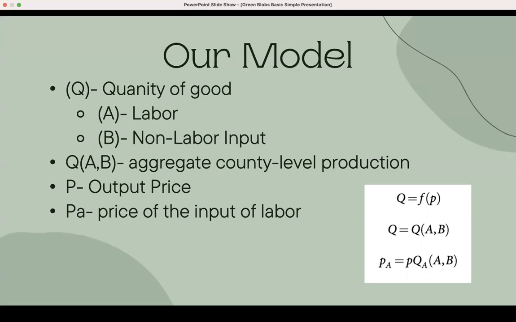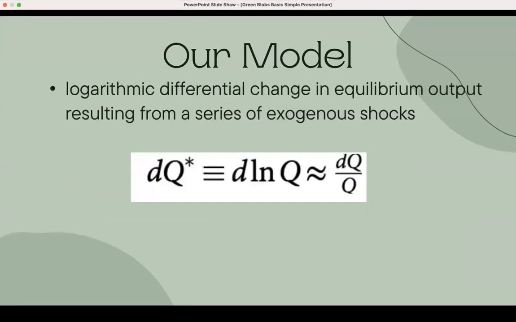P is going to be our output price, and then P subscript A is going to be the price of the input of labor. There are more numbers and equations given in this paper. However, I'm just going to give a summary of the most important formulas that they led. So basically this is going to be the